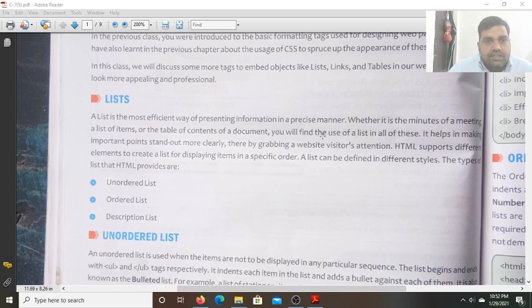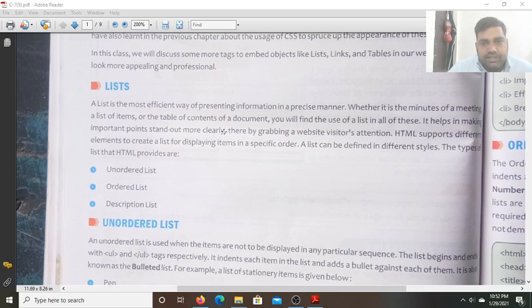See the list. A list is the most efficient way of presenting information in a precise manner. Whether it is the minutes of a meeting, a list of items, or the table of contents of a document, you will find the use of a list in all of these. It helps in making important points stand out more clearly, thereby grabbing a website visitor's attention.